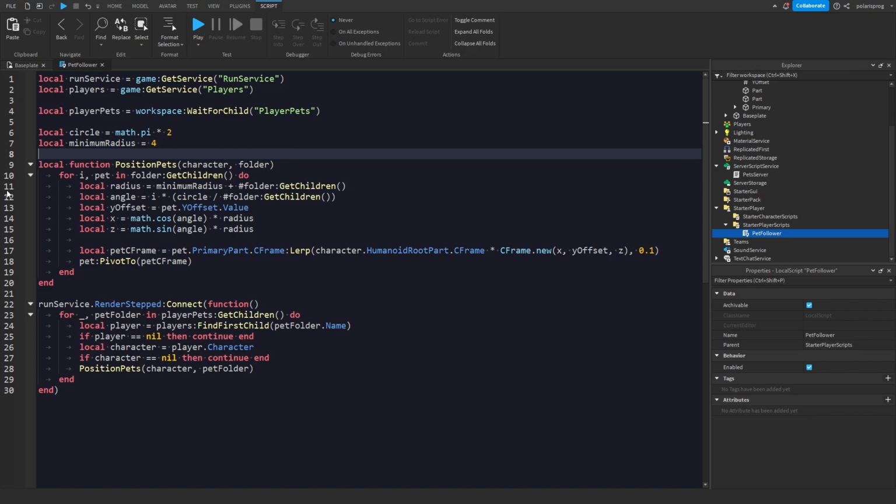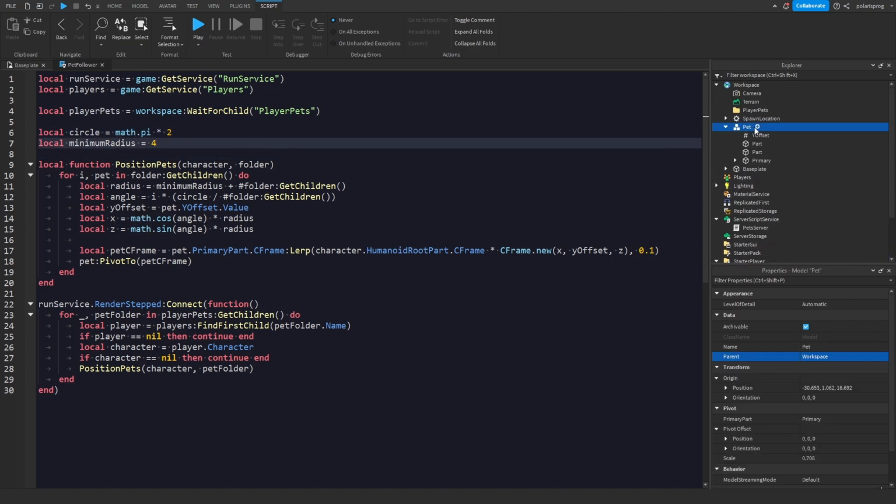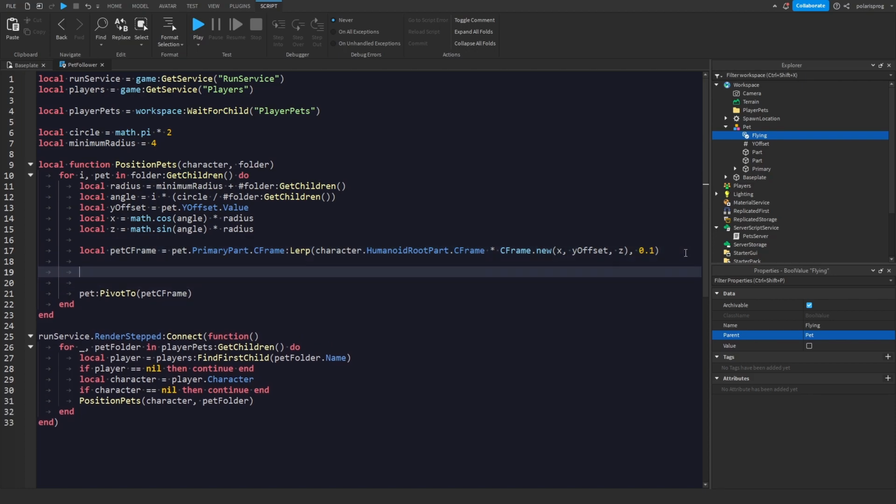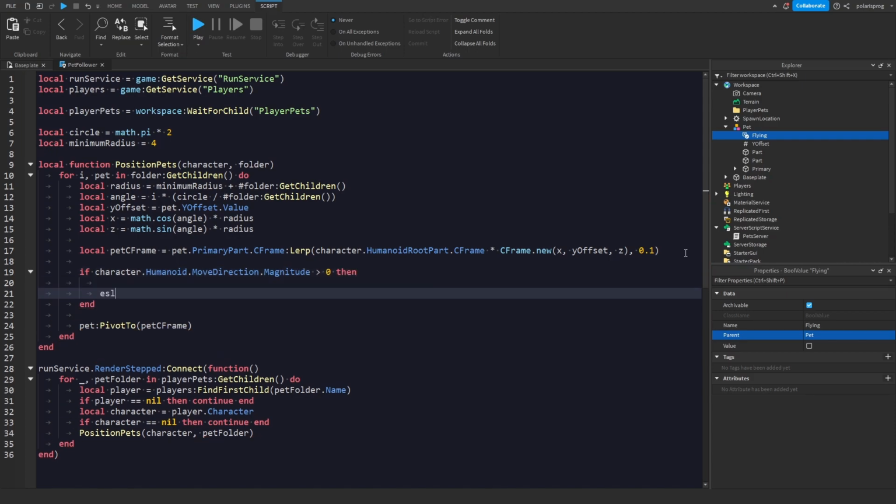This is a grounded pet, by the way. So we could have a value in here for whether the pet walks on the ground or not. So I'm just going to add a bool value, and we're just going to call it flies, or flying. This pet does not fly, so I'm going to keep that at false. Okay, so here's what we're going to do. We're going to check if the player is moving. So if character.humanoid.MoveDirection.Magnitude is greater than 0, then here's what we're going to do. Else